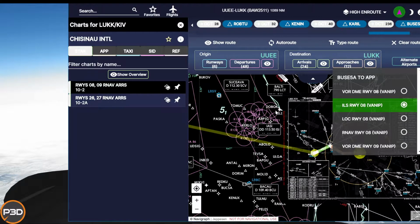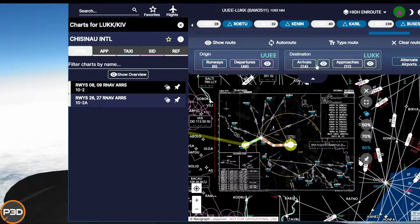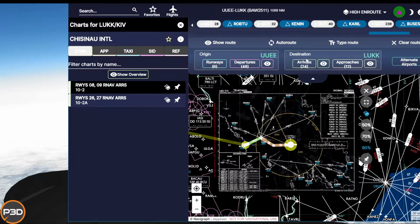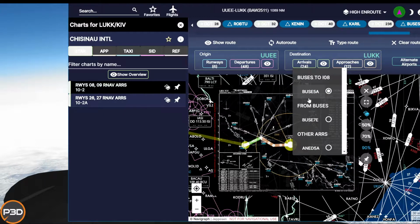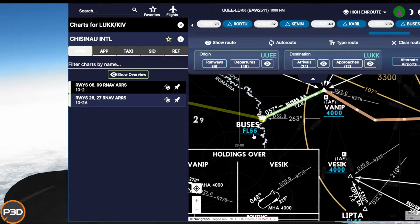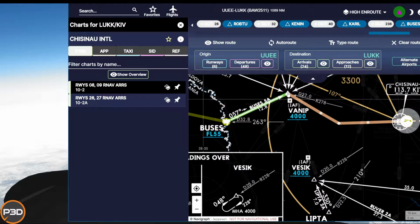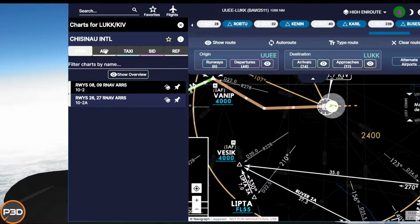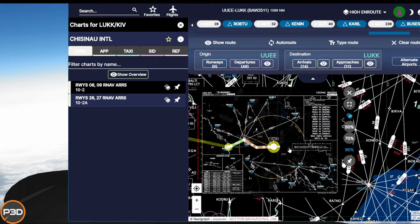Maintain heading 190. That's a 190. It's an ILS runway, but we're actually doing a visual landing and approach. So I'm going to be flying it not by ILS, and we're on the BAC1-11 arrival. So we've got some restrictions here. We have to be at 5,500 feet by this point, 4,000 feet or above by that point. And then obviously when we come into land, there is a chart for the approach, which I believe is 3,500